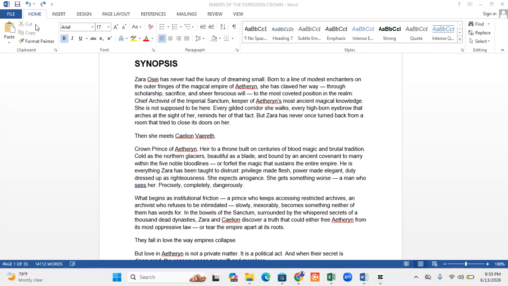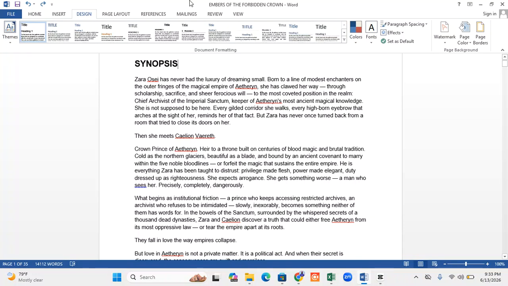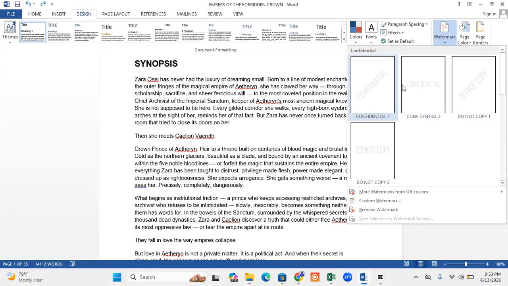What you just have to do is go to the options over here, Design. Then click on Design. After clicking on Design, you see different options over here. Then you go to the Watermark options. As you can see, there are different options here waiting for you. But in case you want to customize it to what suits you, what you just have to do is click